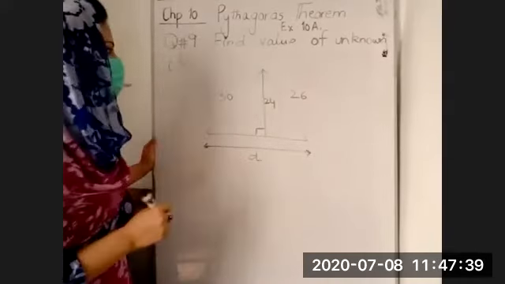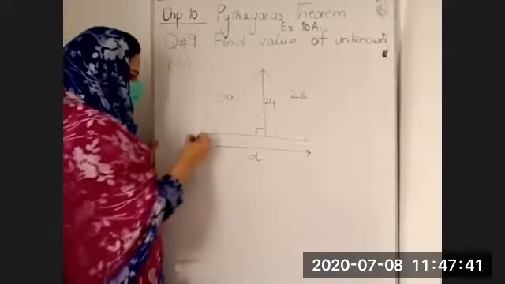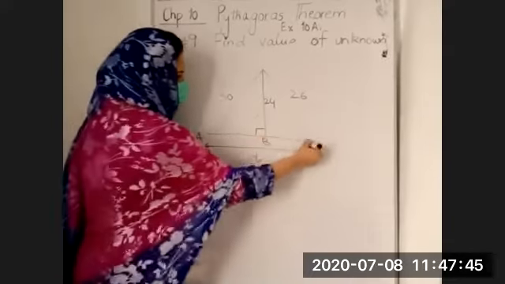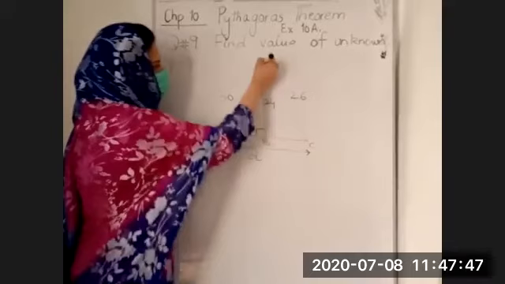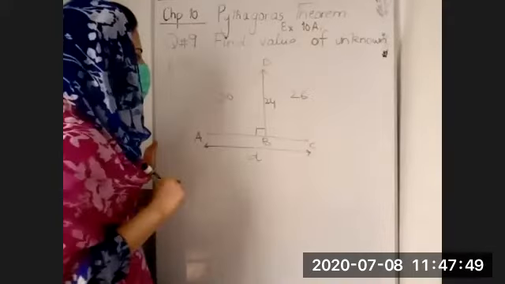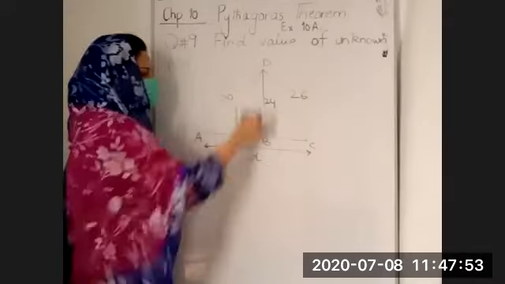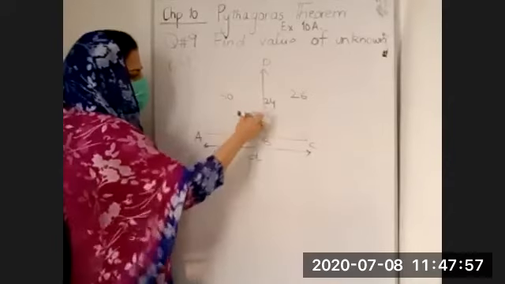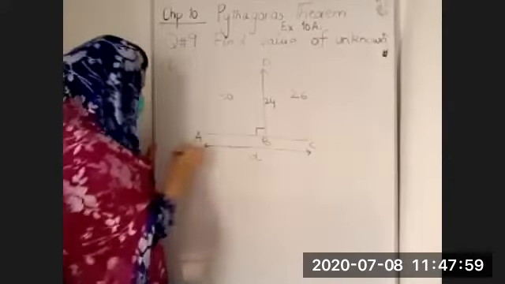So this is your question number 9D part. First, I'm going to name the edges of the triangle A, B, C, and D. इस क्वेश्चन को करने का तरीका बहुत ही आसान है. First, you will take the triangle ADB. ADB triangle लेंगे opposite to 90 degrees. This is the hypotenuse, perpendicular, and AB is your base.